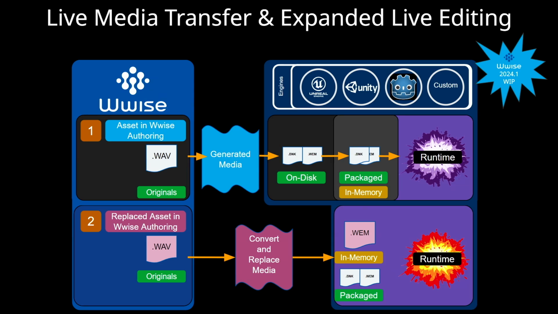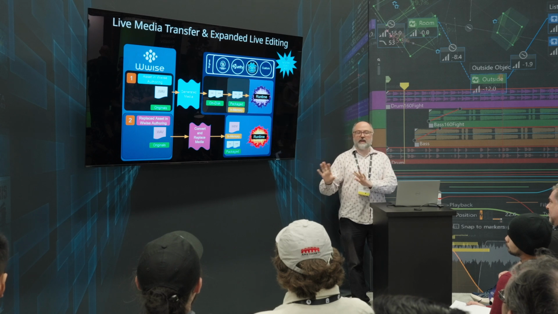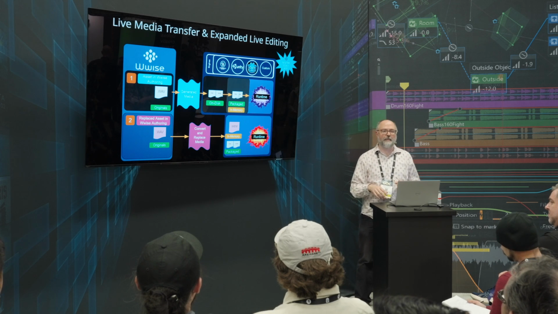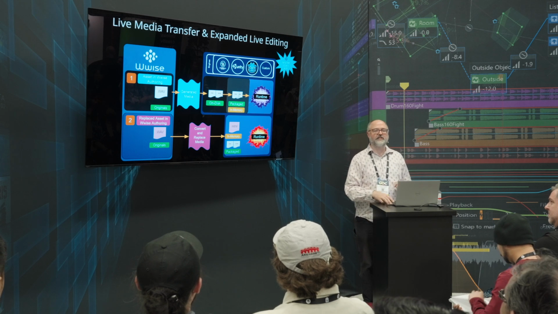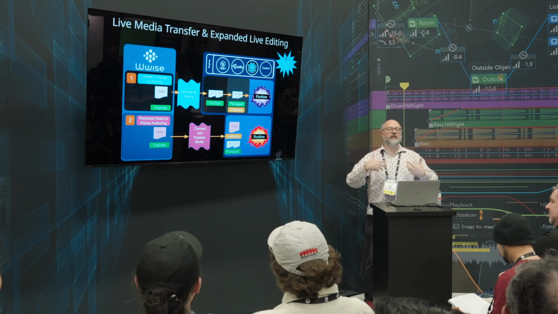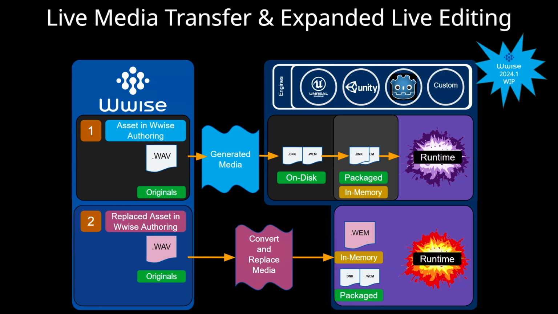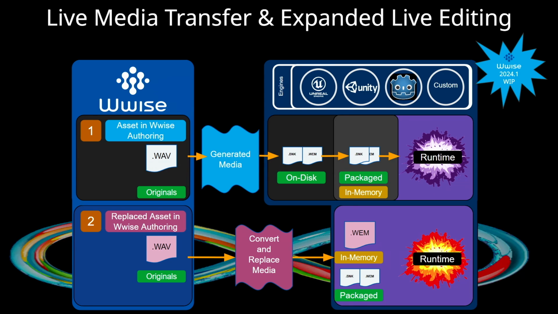Like, will we arrive at a workflow where you connect at the beginning of the day, you work all day connected, live, adjusting, making changes, transferring media between your DAW, and at the end of the day, you check in your work units, you generate and leave it to a build machine to generate that media. This is the future we want to imagine for you, where things work seamlessly end to end in your day and you can stay in it, because we know iteration is key to making things sound great in context. And this is just a feedback loop that continues.